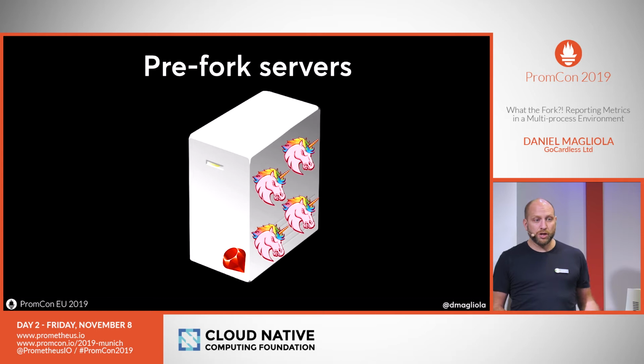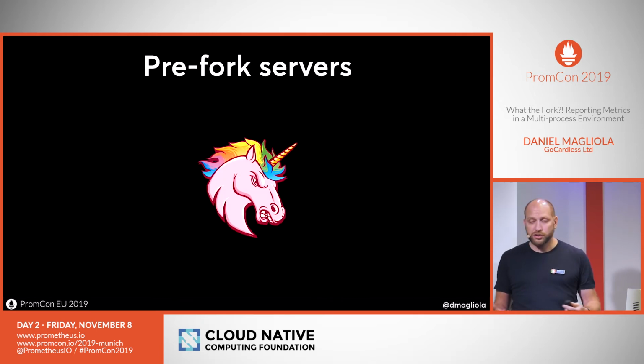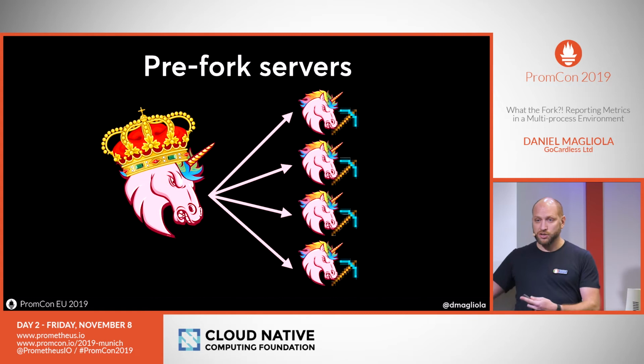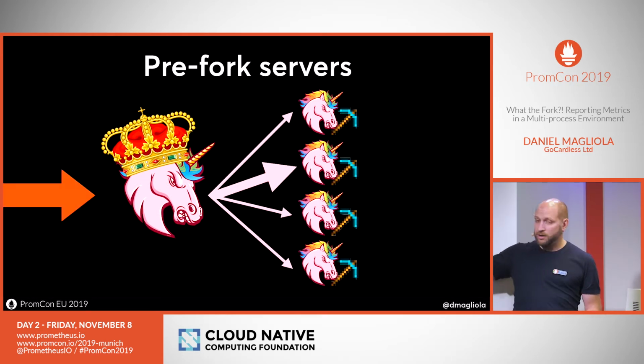This is, for example, how Unicorn works, which is one of the most common web servers in Ruby. So when Unicorn starts, it will load your app, and it will fork itself into a master orchestrator process and a bunch of worker processes that are actually going to work on requests. When a request comes in, the master will pick a worker that is free and will send it the request and then take the response and send it back to the client. Now, this system works great. It scales really well across cores, and it's how I would say the majority of Ruby web applications are running